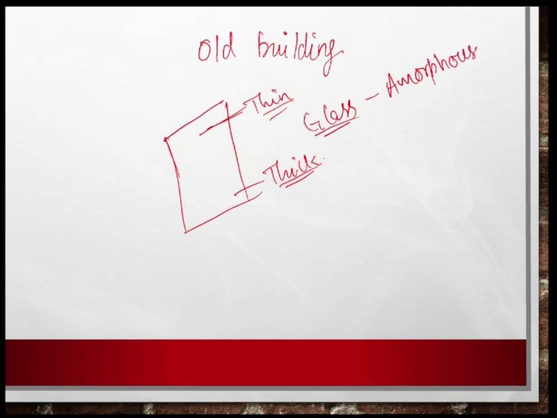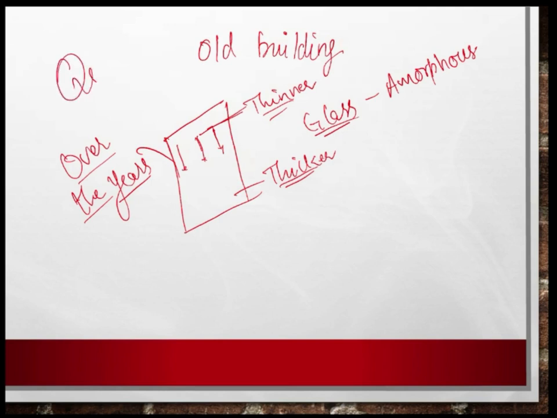So under the force of gravity, the particles over the years, see, I'm using the words over the years. It is not a matter of 1 day, 2 days, 3 days. No, over the years, 30 years, 40 years down the line in a building, you will observe that the glass panes, they become thicker at the bottom and thinner at the top. This is a very, very important question also. ये पूछा जाता है that why the glass panes in the old buildings are thinner at the top and thicker at the bottom. So you have to tell that since glass is a supercooled liquid,